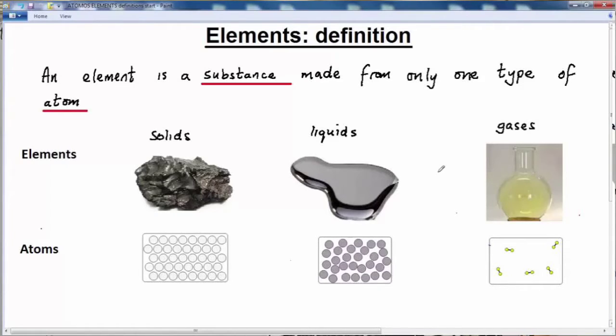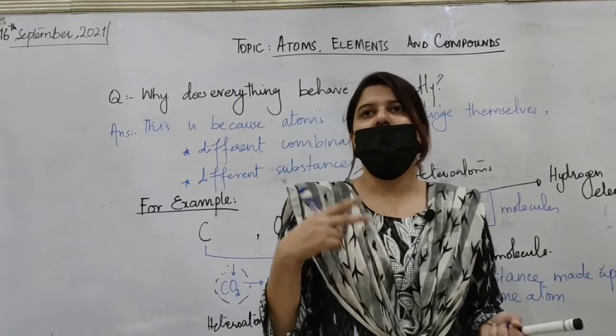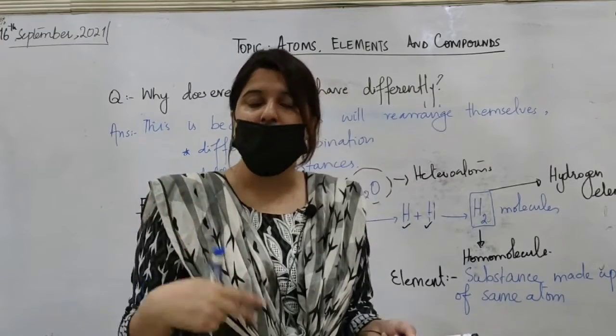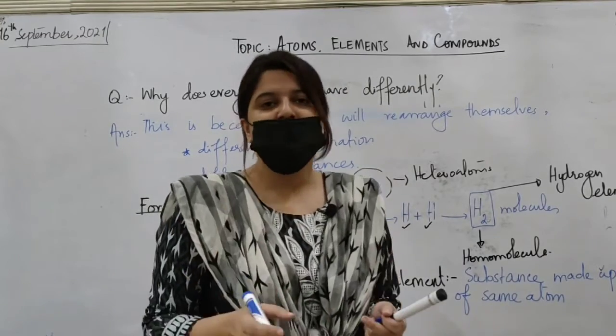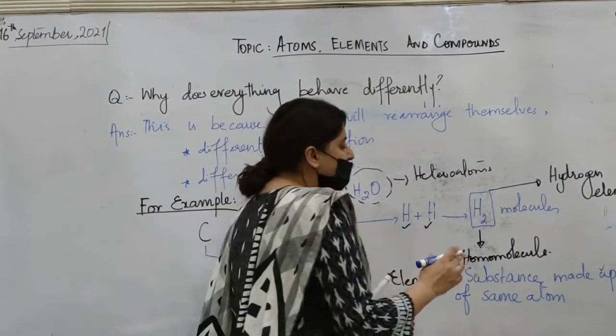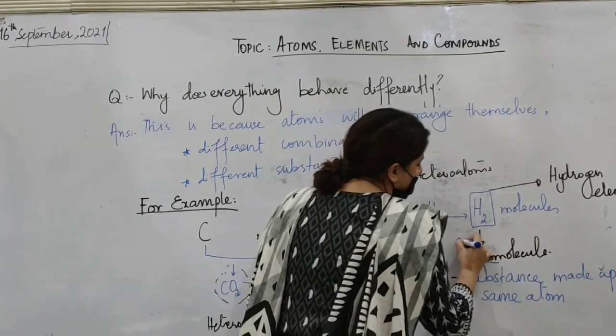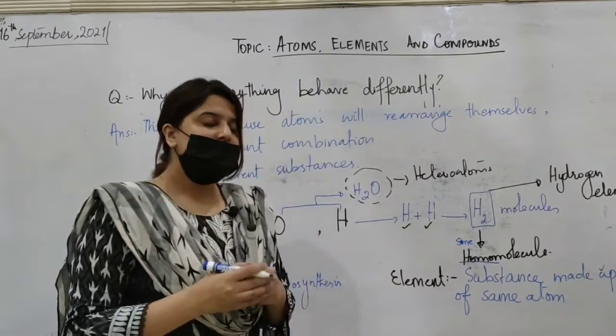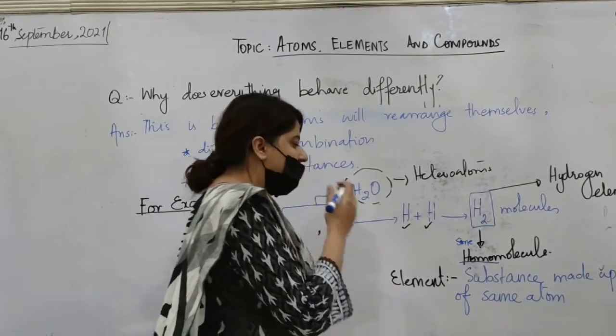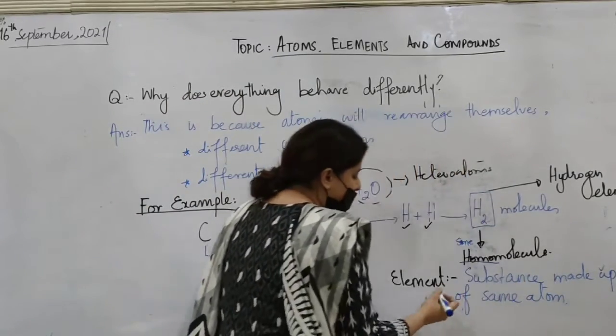same atoms. They can be monoatomic, made up of one atom, they can be diatomic, made up of two atoms, they can be triatomic, and so on. But the condition is they have to be made up of similar. Homo means similar, same. They have to be made up of same atoms. So an element is a substance that is made up of same atoms. For example,